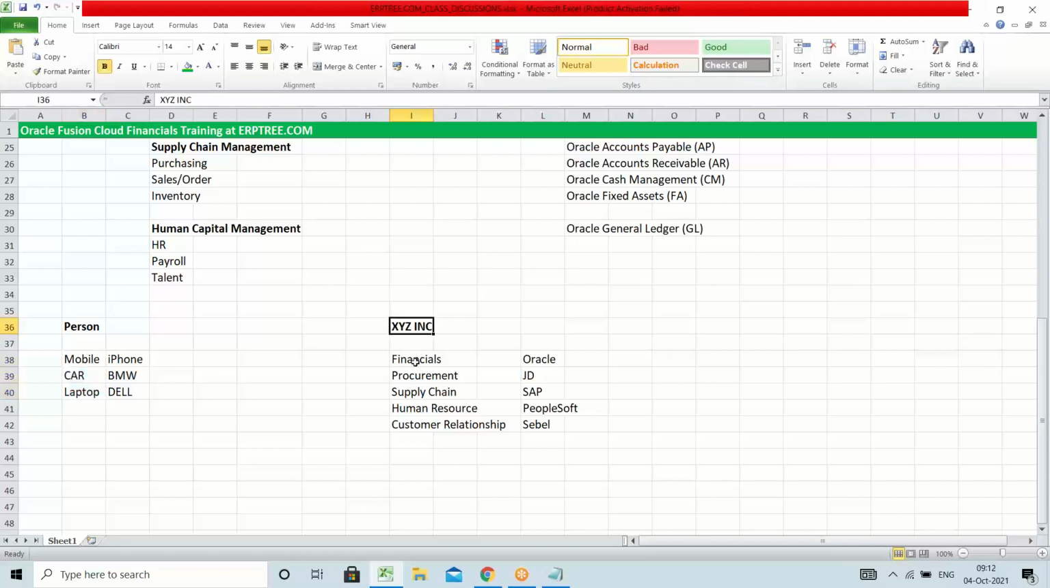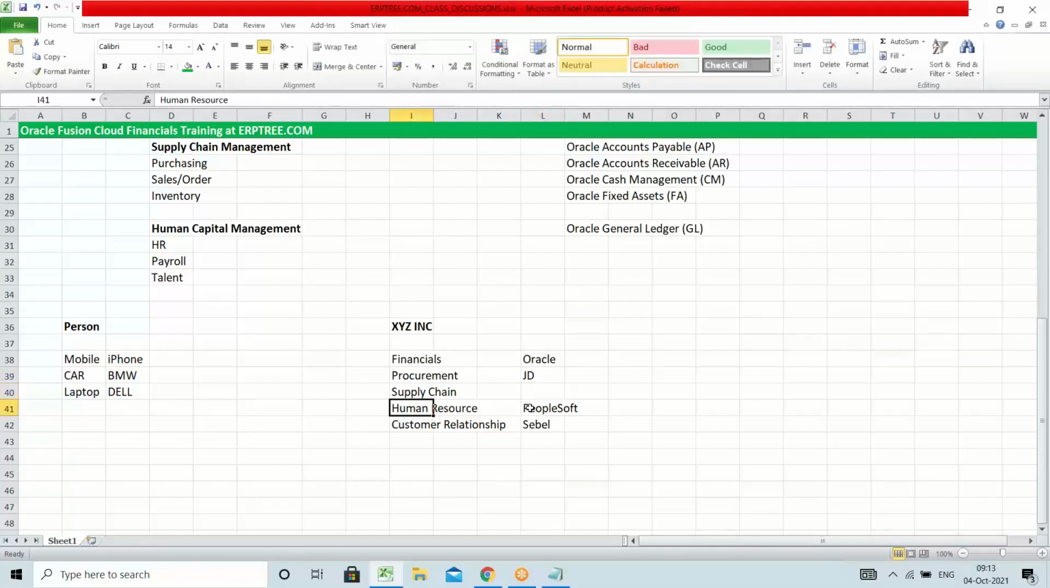So if any company, XYZ company, wants to implement all these for their business, for finance they have to buy from Oracle, procurement they have to take from JD Edwards, supply chain they have to take from SAP, human resource solution from PeopleSoft, and customer relationship from Siebel. But there is no one specific software vendor providing the best in all these. That is the reason what Oracle did is, finance is anyway an Oracle product, JD Edwards Oracle acquired,